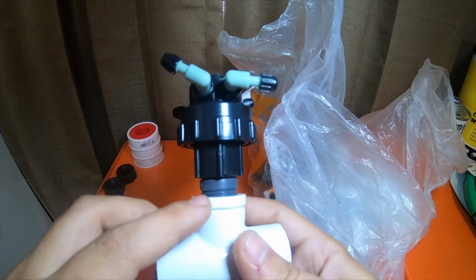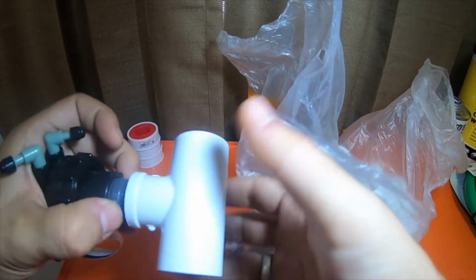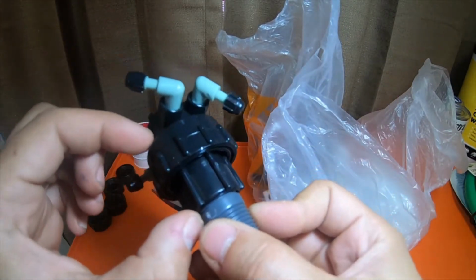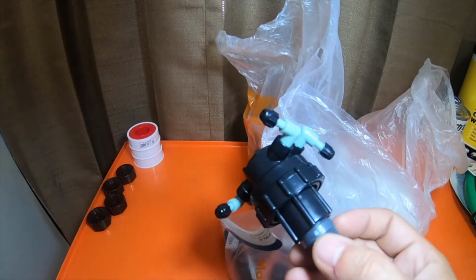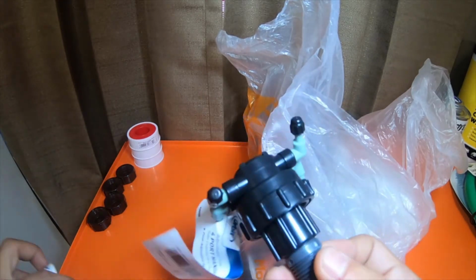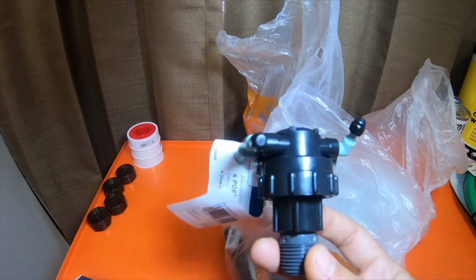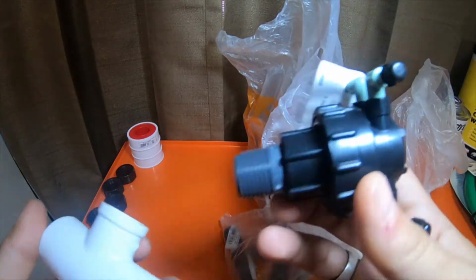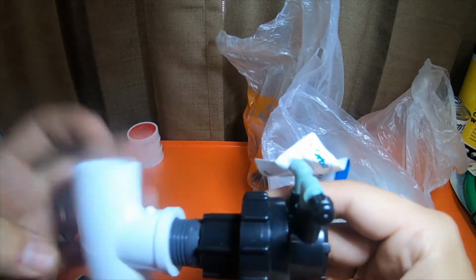Instead of going to this type of threaded adapter right here, to a Shark Bite fitting, to hose, to drilling holes or poking holes, to from a 1/2 inch to a 1/4. You know, I don't think there needs to be 80 things to make a small little drip system. So one of the Home Depot reps gave me this idea, which is to use this style,